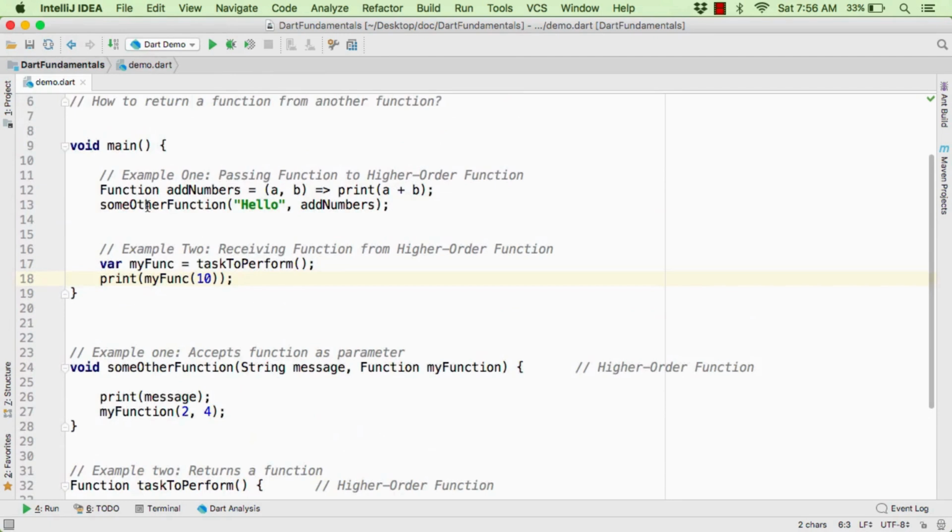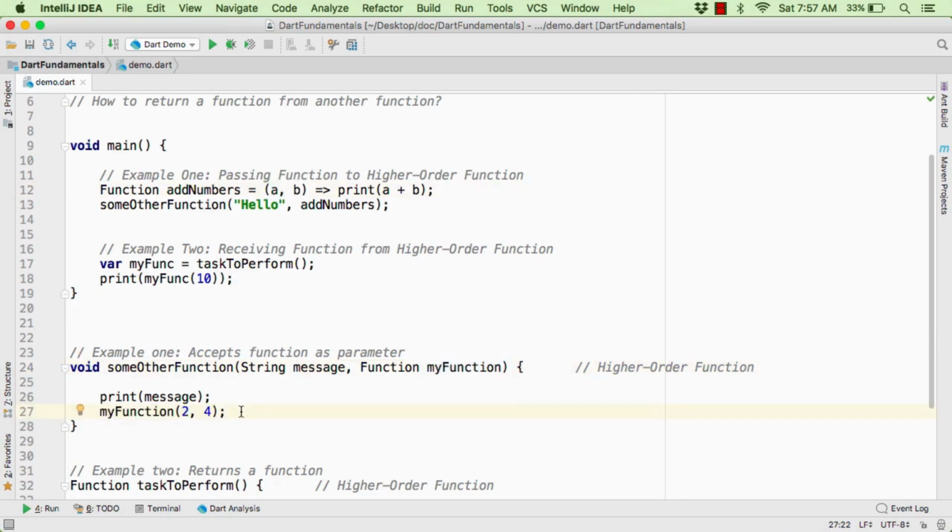Now when you call this function, someOtherFunction, and pass in addNumbers as a parameter, now remember addNumbers accepts two parameters such as a and b. Now when addNumbers falls here, then myFunction will now again accept two parameters a and b. So here we are passing myFunction 2, 4.